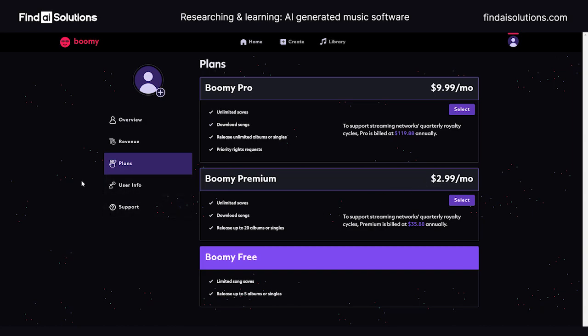And yeah, the Pro version here is, I guess, if the marketplace is really booming and you're a creator and you're using Boomy to create. Because what it seems like is Boomy wants to become a marketplace, not really just a way to really quickly create a song for a project or something like that. This seems like it wants to be a platform for creators. But yeah, we'll see.